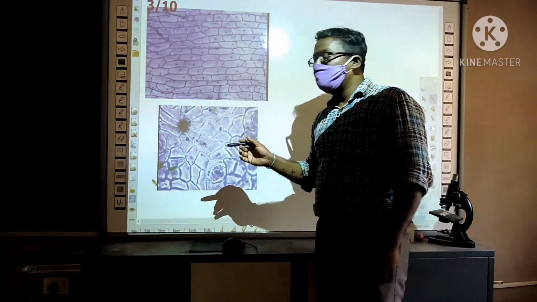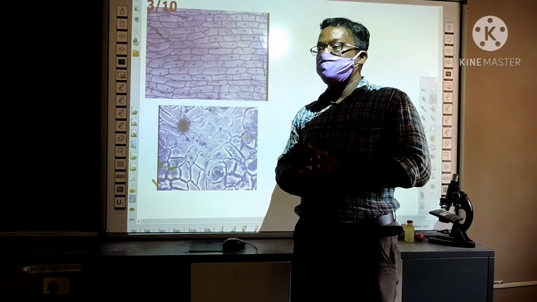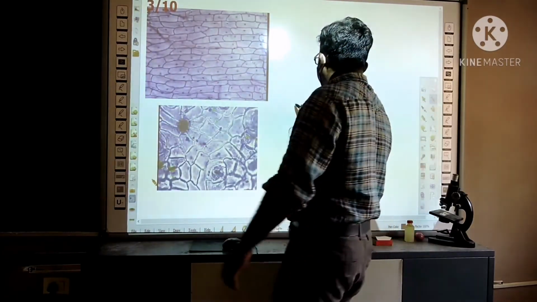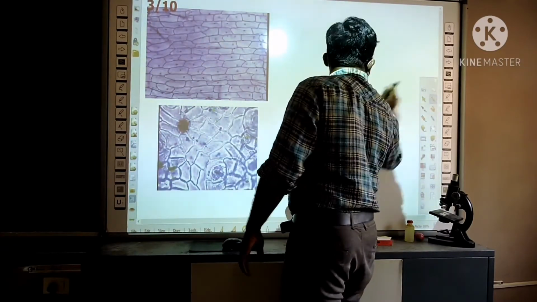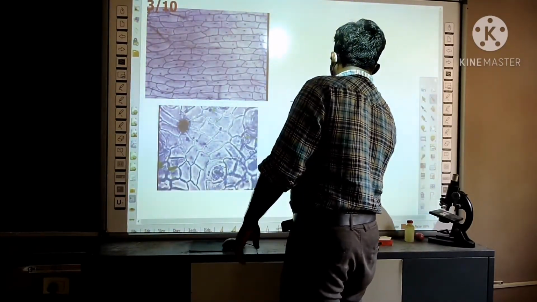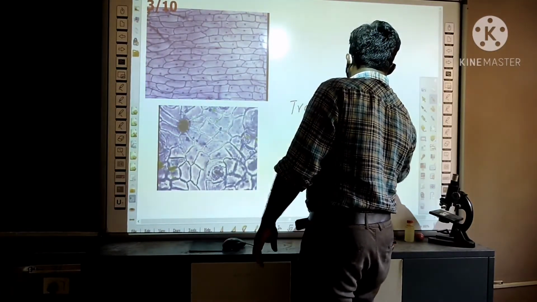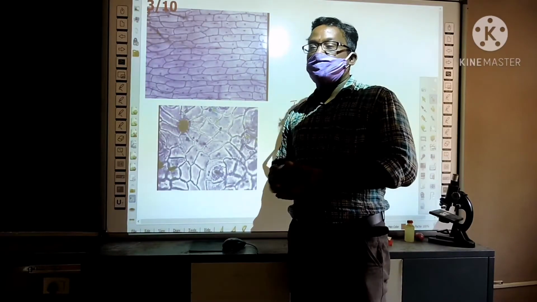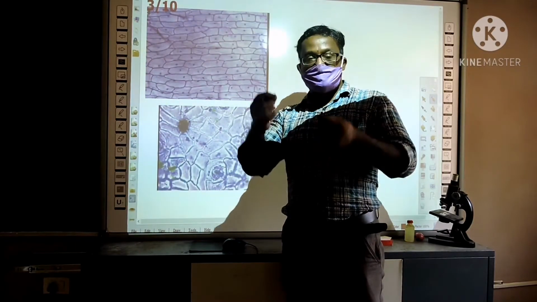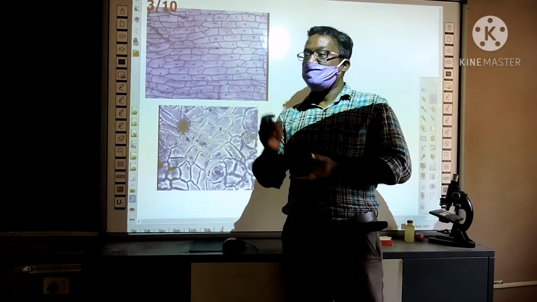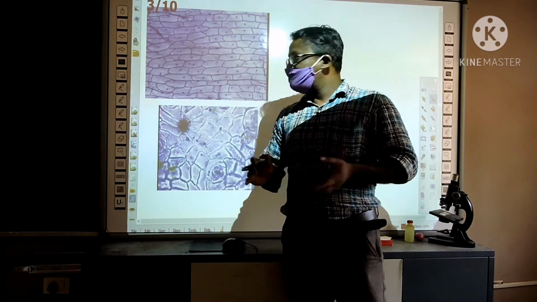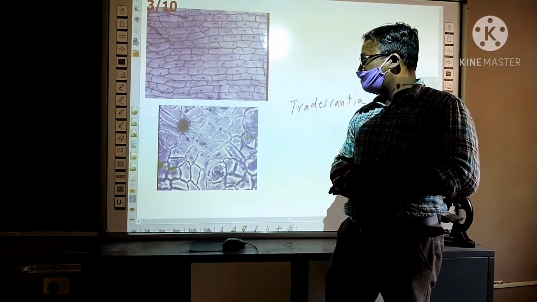Do the same activity with betel leaf. Betel leaf, Tradescantia also you can take. Tradescantia is a croton-like plant. You can take betel and Tradescantia. Same process. Just tear the leaf, take the transparent portion and put it on the slide, add a drop of water and a drop of glycerin, and cover with a cover slip. If you observe under a microscope, you can observe the arrangement of cells.